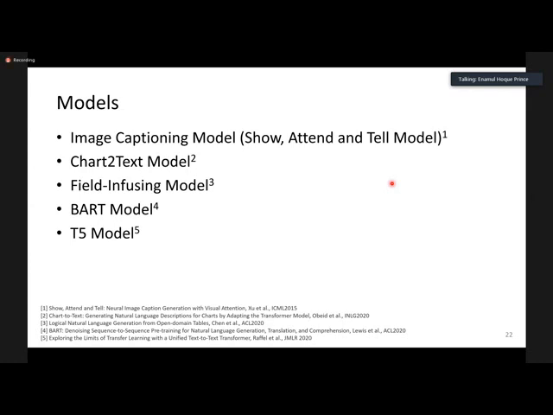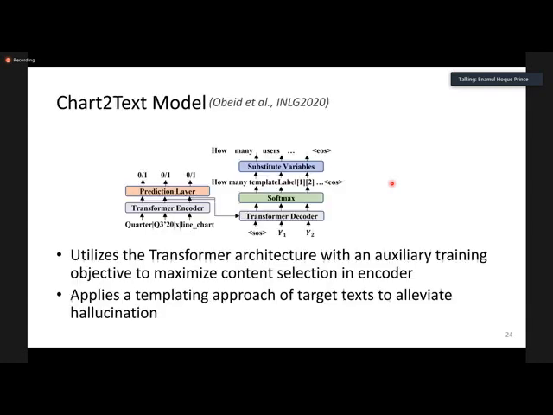This is an example of how the chart-to-text model works. Again, this is a paper that I published with another student. In this model, you provide the data table of the chart like this, and then you have an encoder which predicts which table cells are important, which are then sent to the transformer decoder, and then you pass through the softmax layer, which gives you the generated summary.